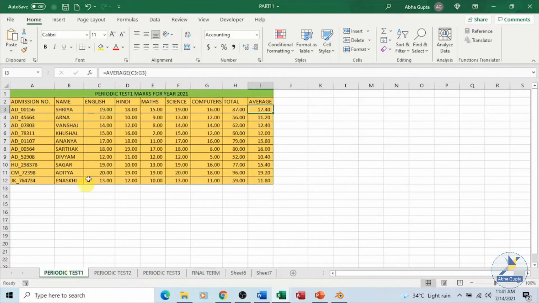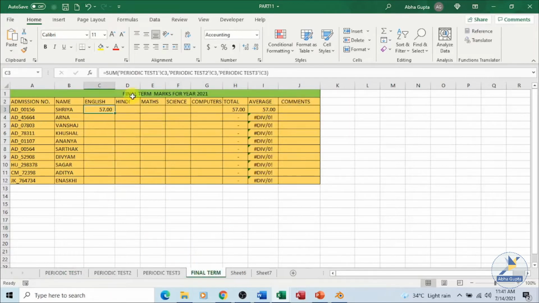If we go back, 19 plus 19 plus 19, you get the answer as 57, and you can see the formula in the formula bar. Now for other cells, you can definitely make use of the fill handle to fill in the formula. You will get the result.